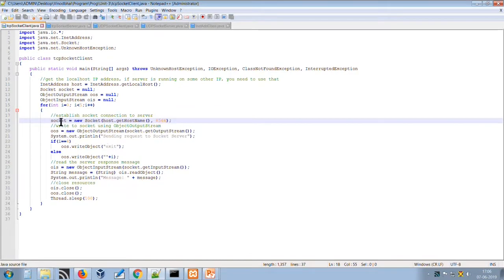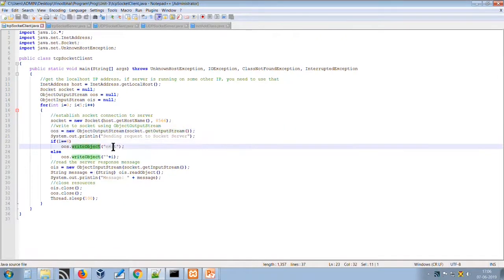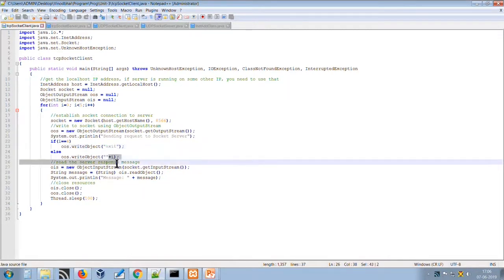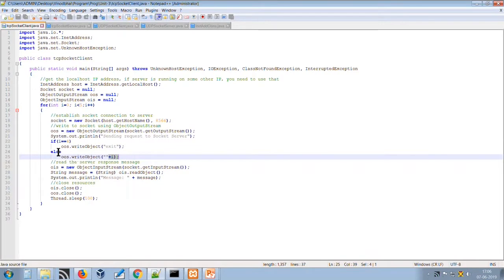Once the socket is there, we initialize the output stream object using socket.getOutputStream. Once i is equal to 4, we write the message exit, but up to 3, that means whenever i is 0, 1, 2 and 3, we write the value of i to the output stream, in the else part.